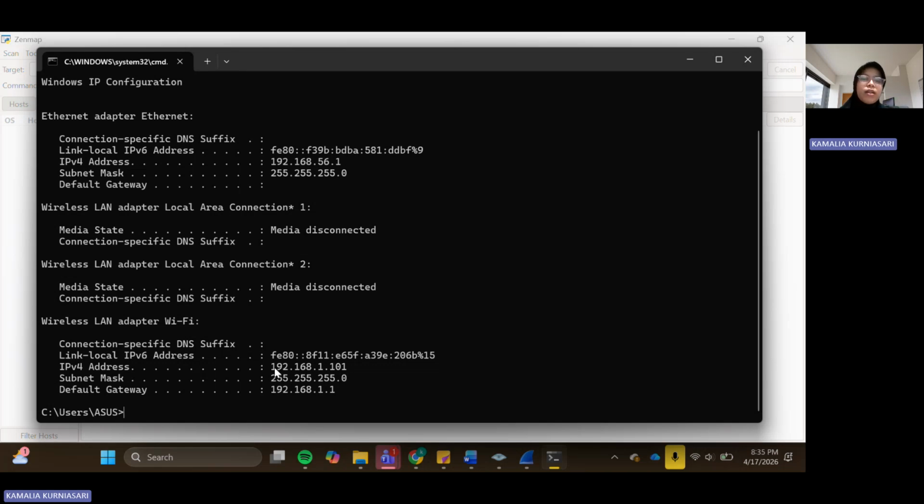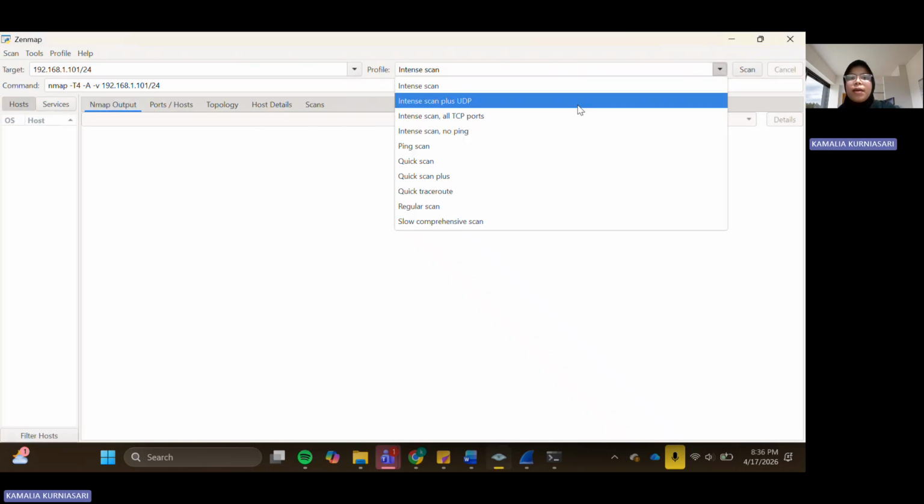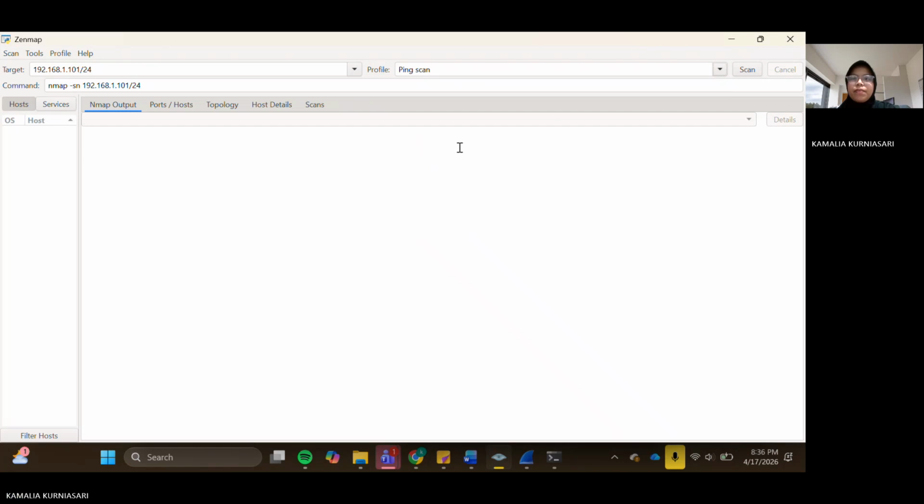But before that, I will copy and paste this IP address and enter it here. We are using ping scan. And then we just click scan.